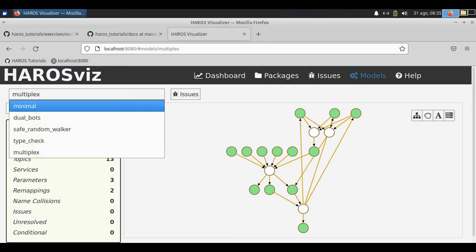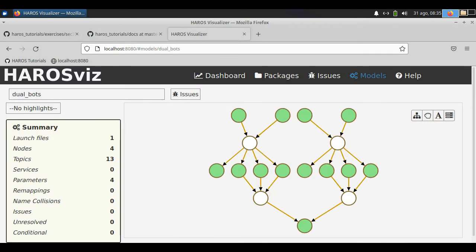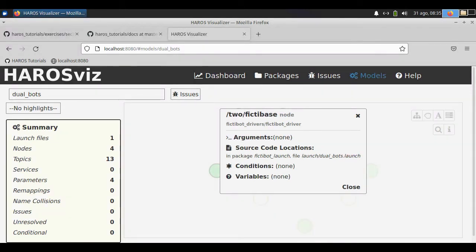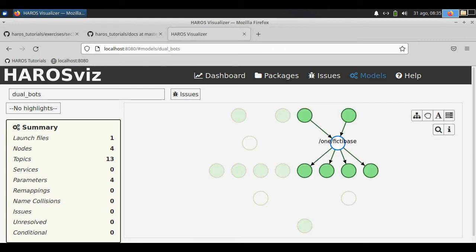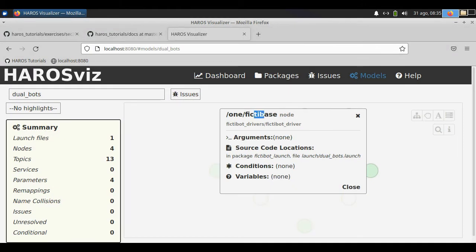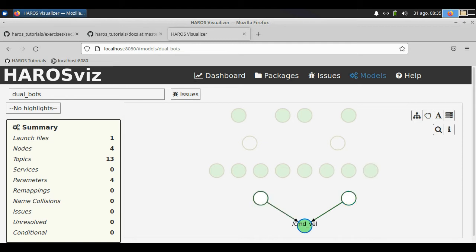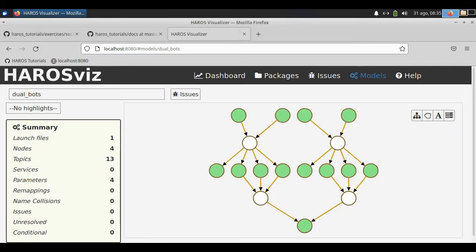For instance, we have here a model that we can visually see has some kind of problem, because the documentation states that it's supposed to be launching 2 independent robots, but under two different namespaces. But if we inspect the extracted model, we can clearly see that there is a topic that is being shared between the 2 systems here at the bottom, and this is clearly not intended.